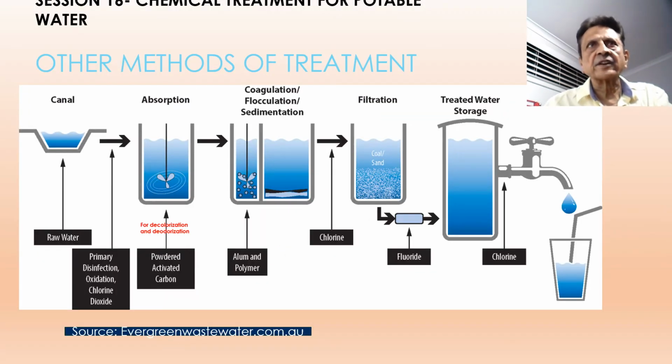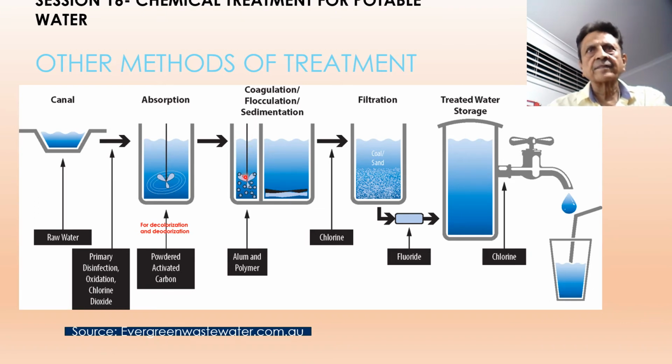This is another treatment where activated carbon is used besides alum and polymer, and then chlorination. Again, this also can be for small community areas. The water from the canal passes through the charcoal filter or activated carbon, and then it goes back into